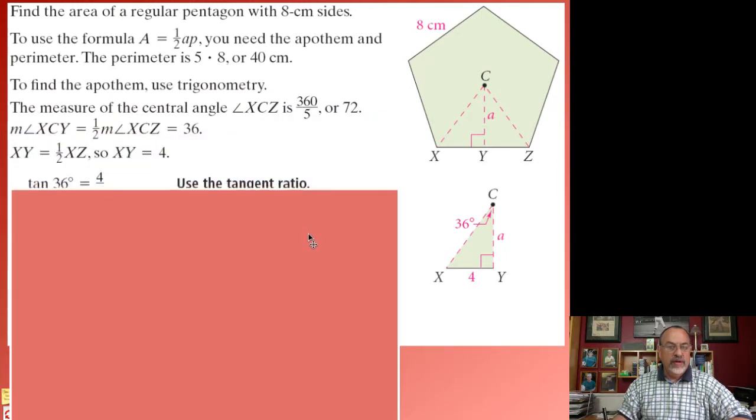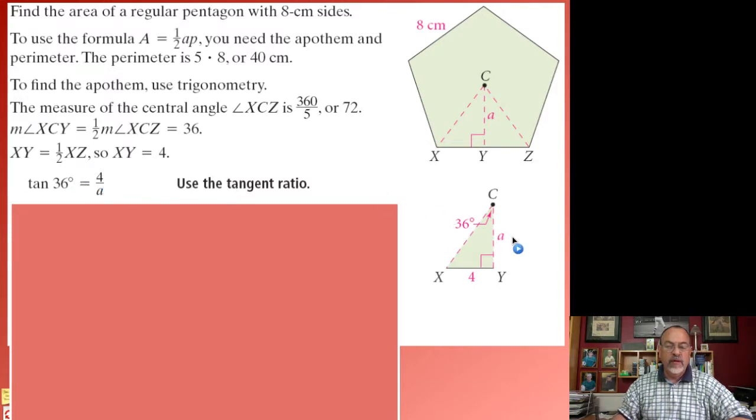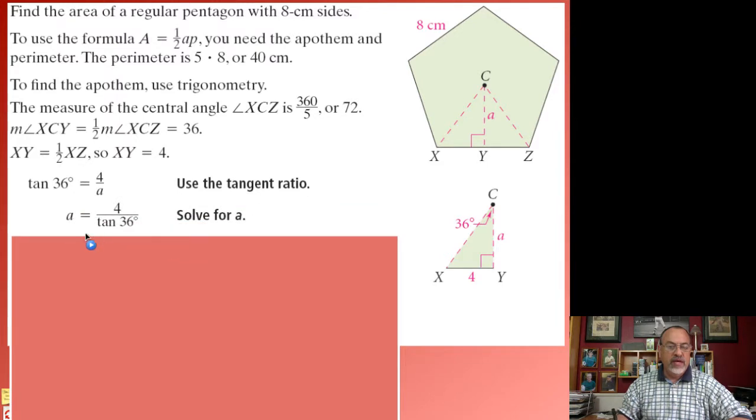Okay, so let me walk down here. The tangent of 36 is equal to 4 over A. That's opposite over adjacent. And when we solve that, we get an A value of 4 over the tangent of 36. Now here's where we do not want to make a calculation. We're going to use this as the apothem. Remember that this fraction here and all that's inside of it actually represents just one number. Whatever number you would get when you calculate it, that's what this represents. And those numbers are equal, so we can just use this, because this is an exact representation, moving forward in